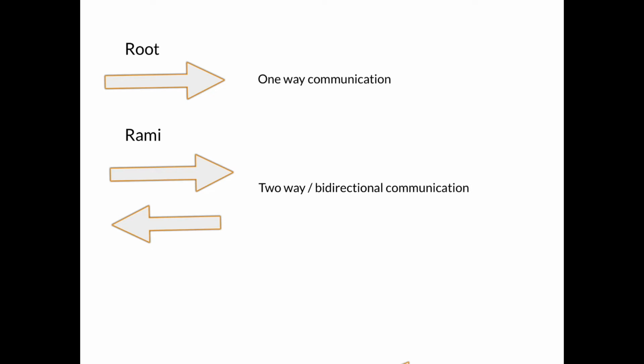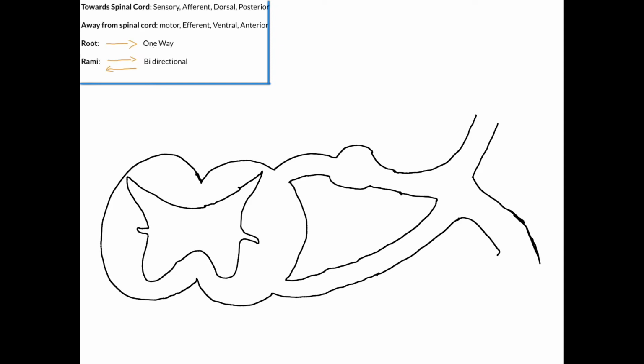Now we're going to put this into practice. Within the blue box are the important terms we're going to apply in this important diagram. Take a moment to look at the blue box and just be comfortable with some of these terms and what they mean. In this picture, there's a cross section of the CNS and the PNS, and now we're going to discuss how we can integrate both of these systems. First of all, we're going to start off by labeling part of my PNS and CNS. We're going to have the dorsal rami,